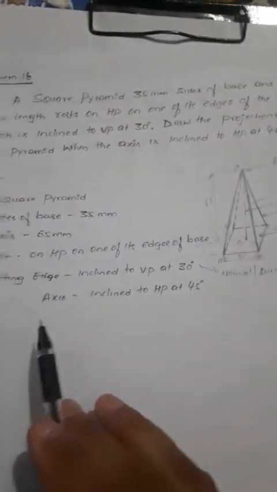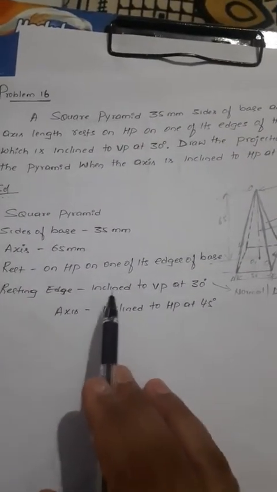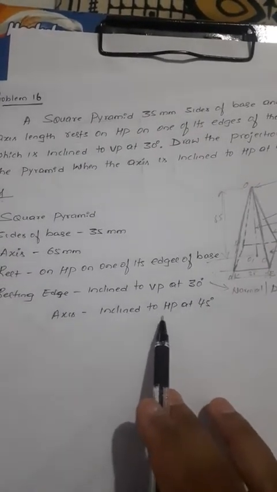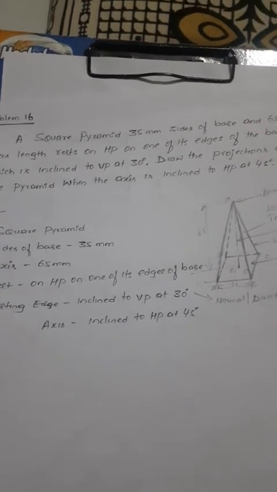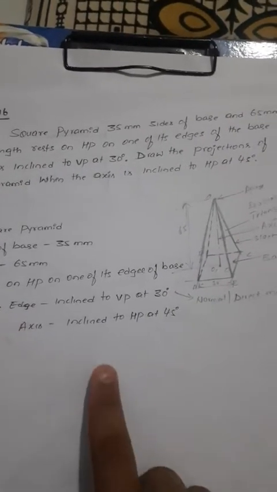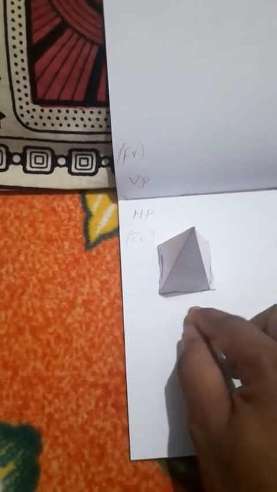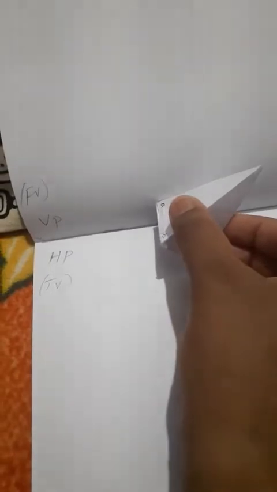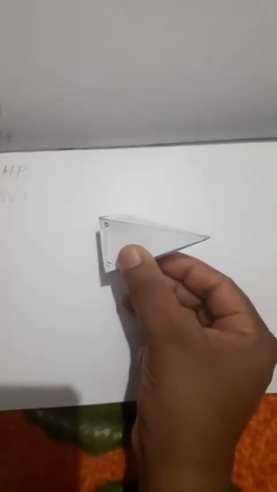What is the second condition given? Actually this is the second condition. The axis is inclined to HP at 45 degrees. Whatever dimensions are given with respect to HP, I want to show in VP, right? But here the axis is inclined to HP at 45 degrees. What is the axis here? O and O1 is the axis. Now this axis is in the second position. Now the axis is inclined to HP at how much? 45 degrees. Now this is the second position front view, and you can see the top view also.